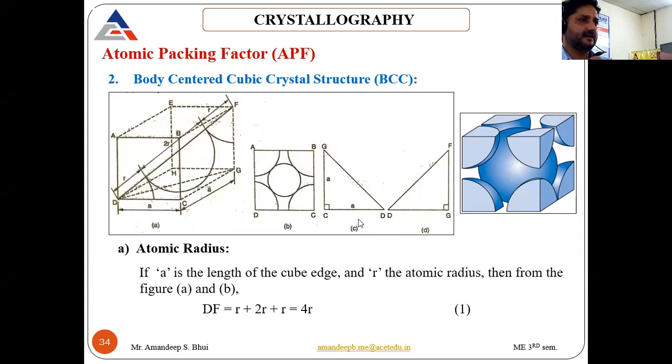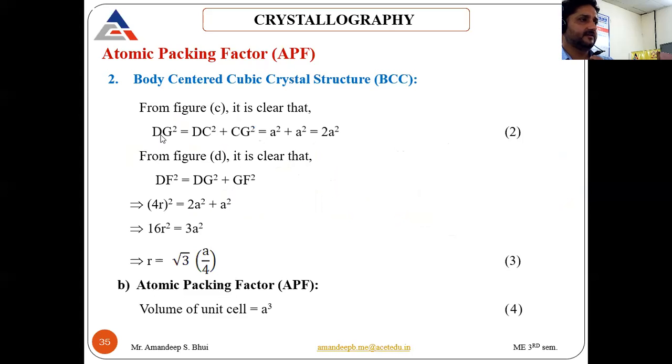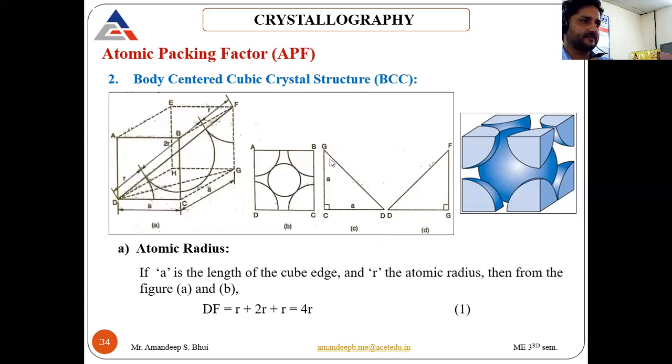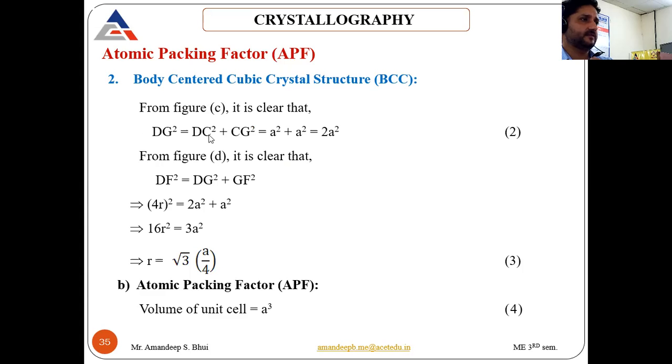Here you can see the length of the side DC is A, and this side CG is also A. So from figure C, DG square, that is the hypotenuse here, will be equal to GC square plus CD square, the sum of squares of both the sides, from the Pythagoras theorem. So DG square equals DC square plus CG square. Now DC and CG both are equal to length A, so A square plus A square equals